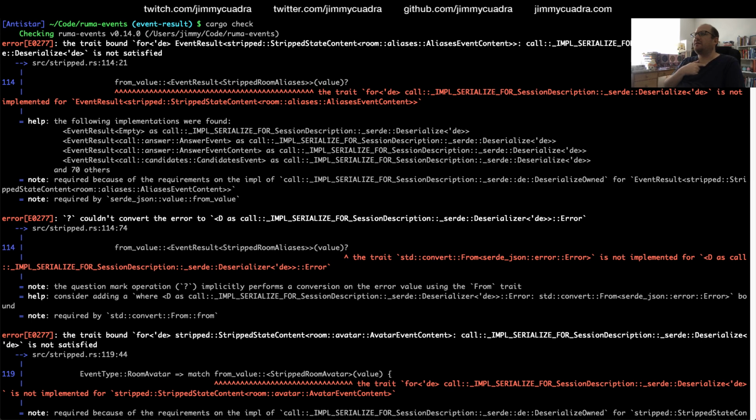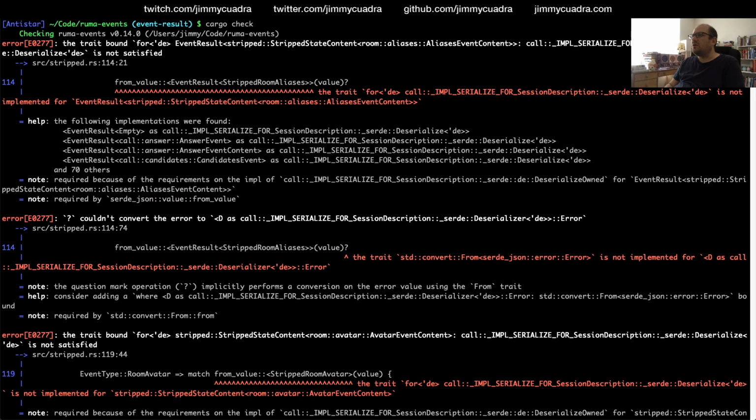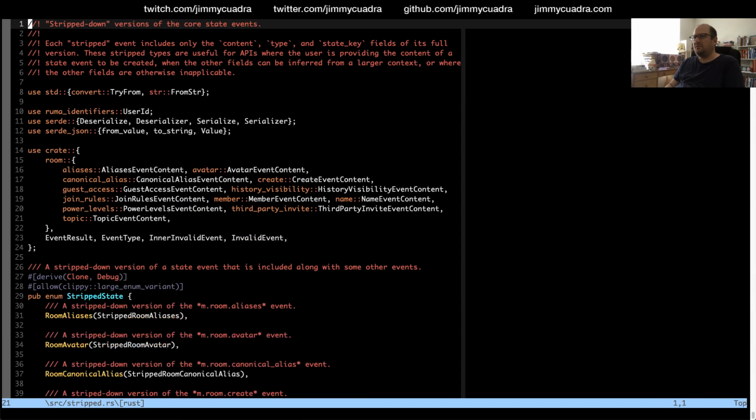And why is that? Right. So I need to have a deserialize implementation for... Oh no, that's what this is. Oh, wait a minute, what the hell? I'm kind of getting into a circular problem here, where... Oh, stripped state content.